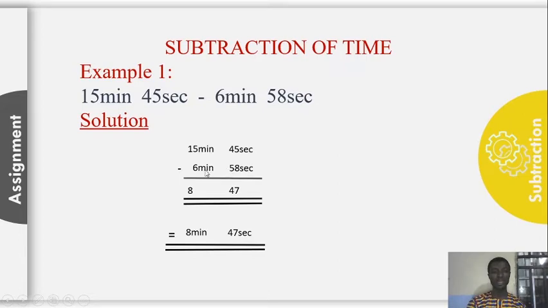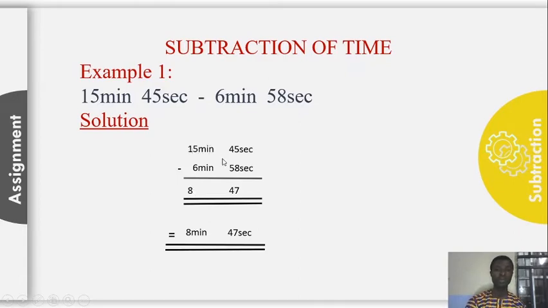58 here is bigger than 45, is it not? 58 is bigger than 45. So, what you have to do, remember, when you minus bigger numbers from smaller numbers, of course, it will give you a negative value. If you minus a bigger number from a smaller number, it will give you a negative value. And we are not interested in negative values here. So, what do you do? Since you cannot minus 58 from 45 seconds, you come down to the minutes,